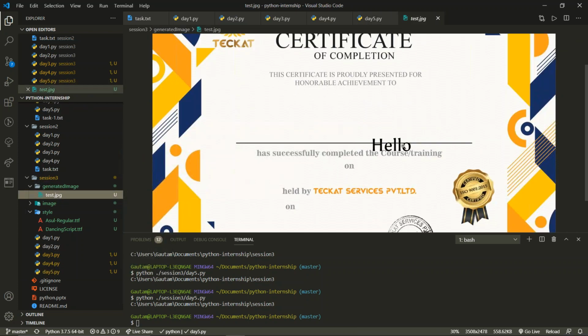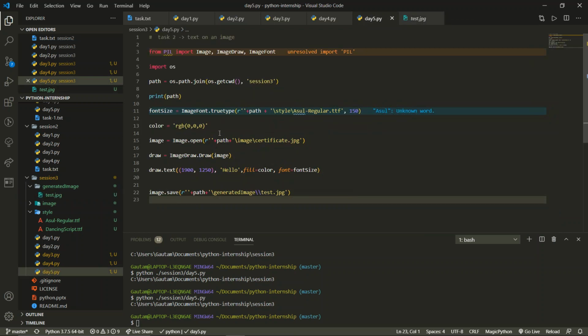So if you see now we have the text on the image. So I think you got to know this. And if we want to make certain changes to it, if you want to align it over here, so let us take a proper name.